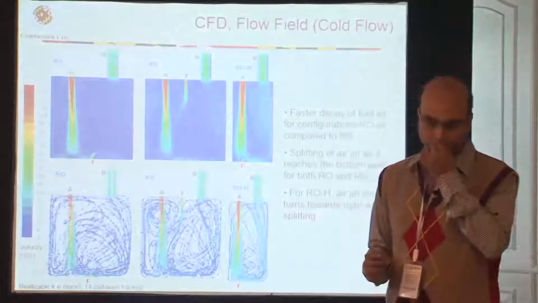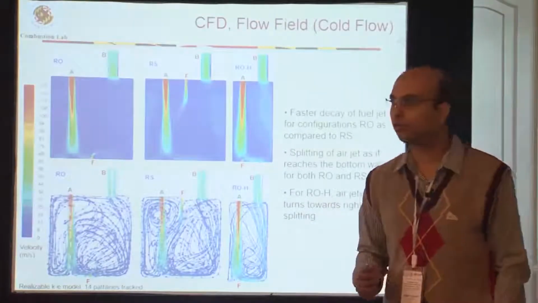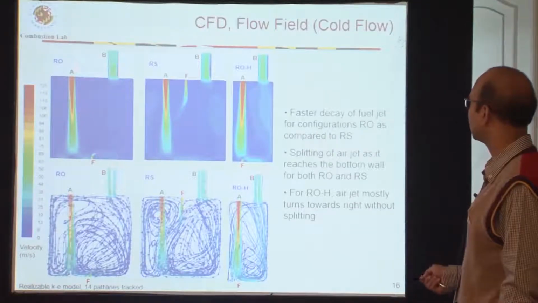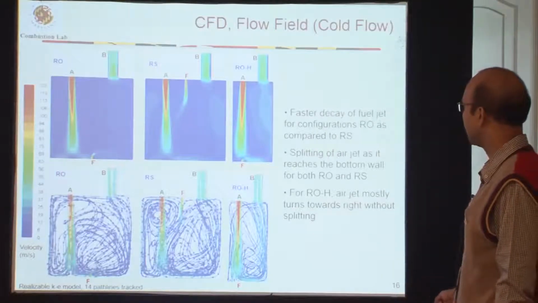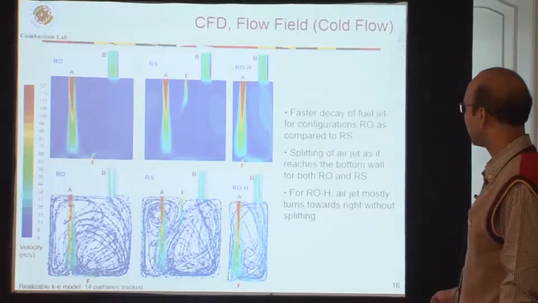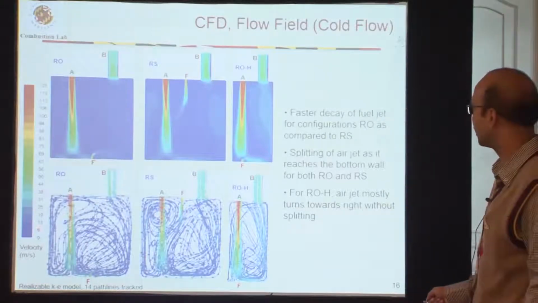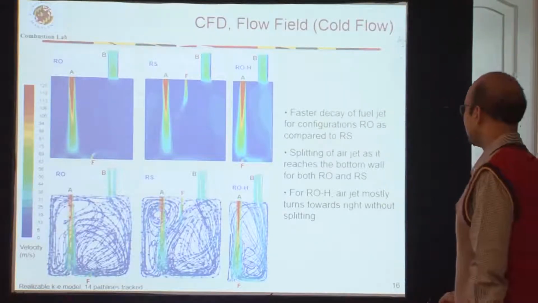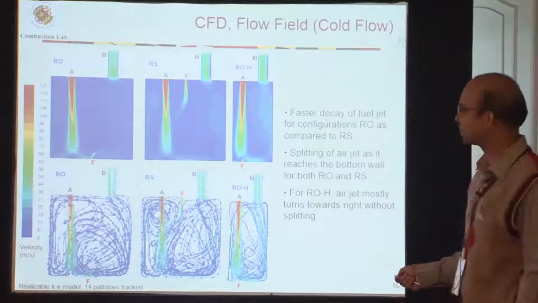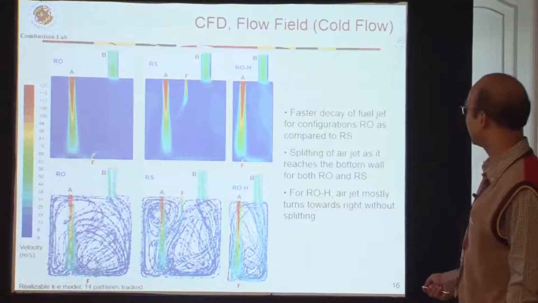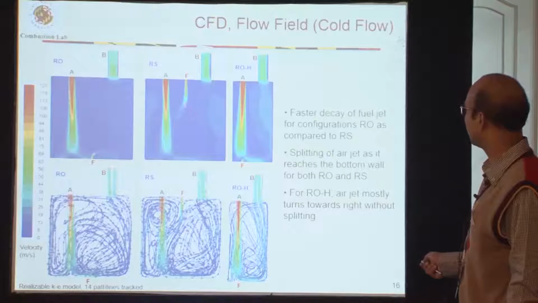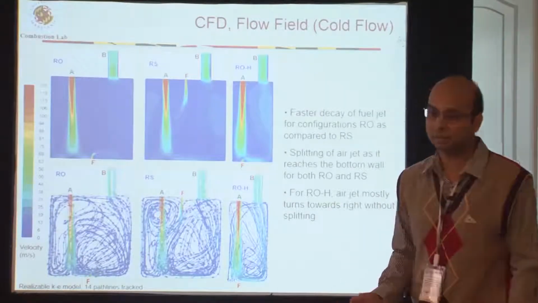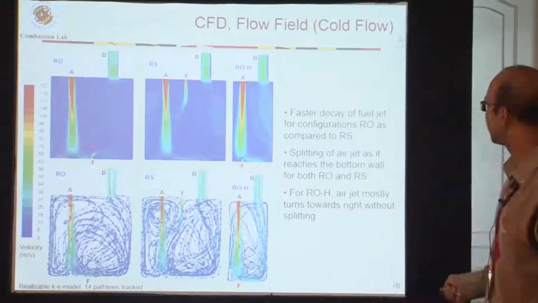So again, very simple CFD for the flow field in cold flow simulation. Here we'll see that as I'm injecting this air jet, again it is splitting into two parts. One part is going on the left side, and mostly it is not doing much. The other part is going to the right side, and this is providing the cross flow to this fuel jet so that it can mix faster. But there is no cross flowing air for this fuel jet to see. So this fuel jet does not get mixed properly,